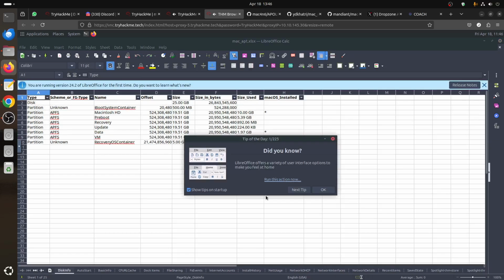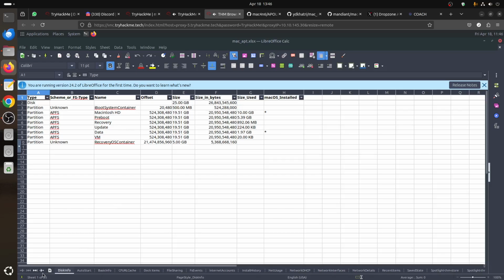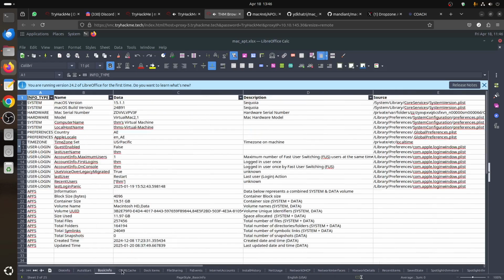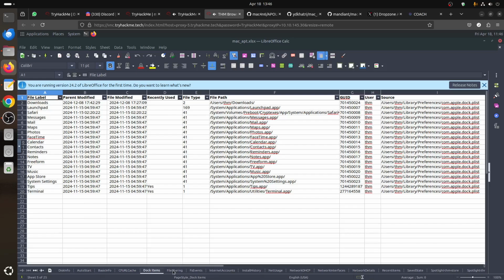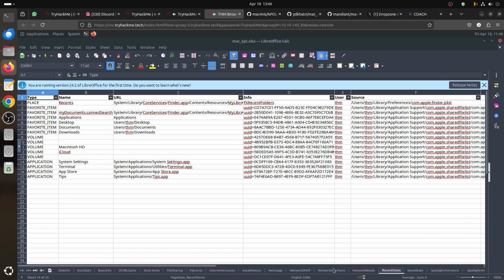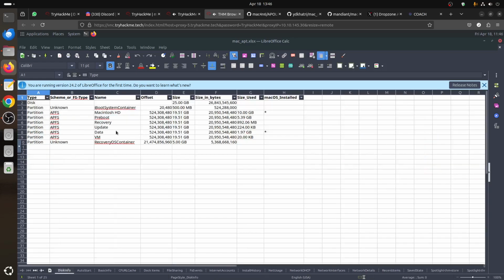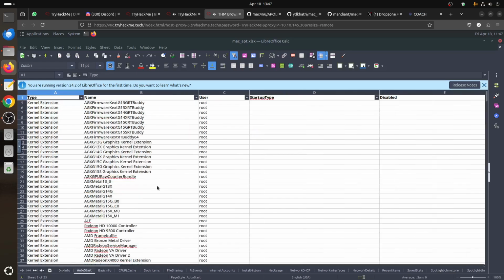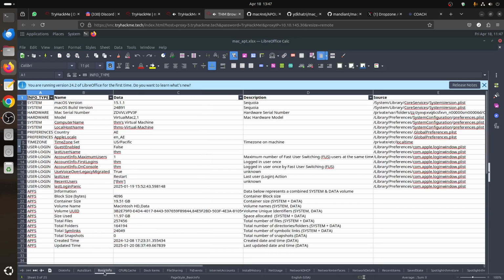No, I don't need the tip. You can see at the bottom here, you can see the result. Disk info, auto start. From the bottom of my screen, you can see all these template sheet files. So, for example, disk info. You can see here the sizes. For example, this is disk info. It's a Macintosh HD. We said auto start. If I click auto start,